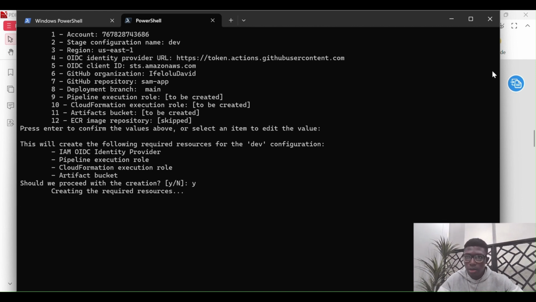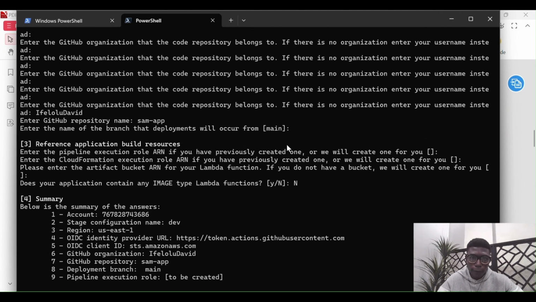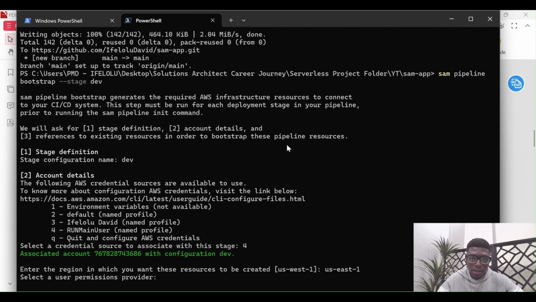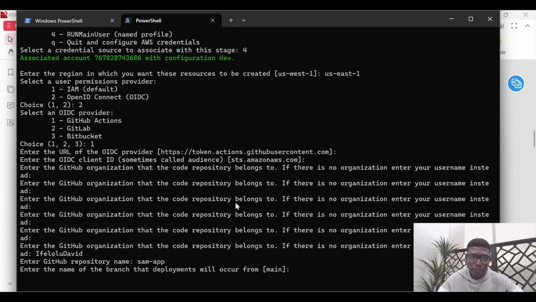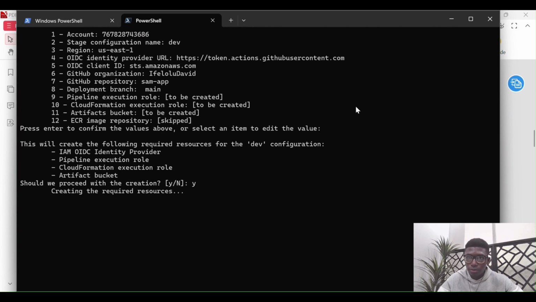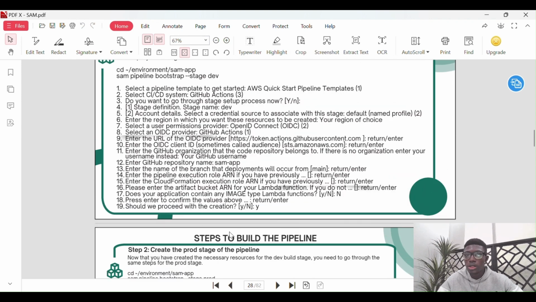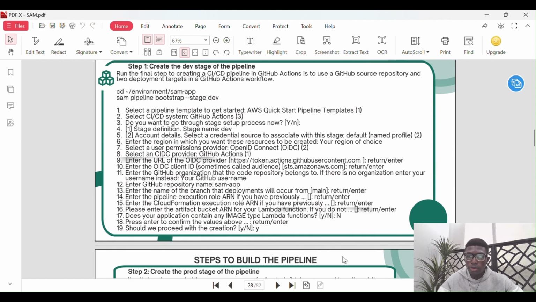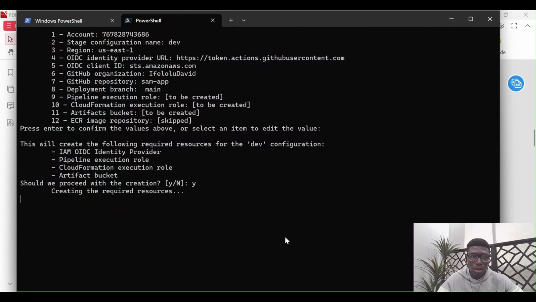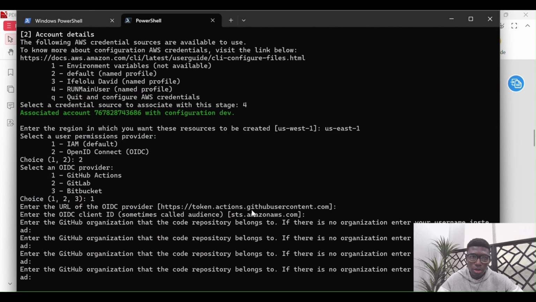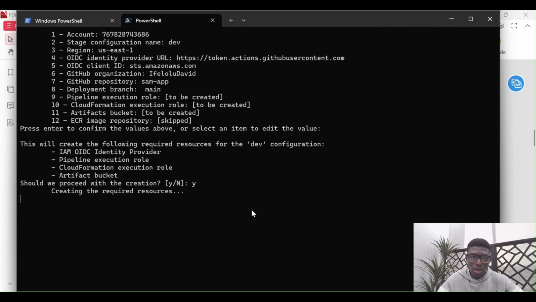And this is definitely going to take some time. And we're still going to repeat this for prod. This is the dev stage. I'm going to repeat it for prod. So in building the prod stage, it's just going to be the same thing as the dev. So we're just going to repeat some of these things for the other stage. So as it's creating the required resources,